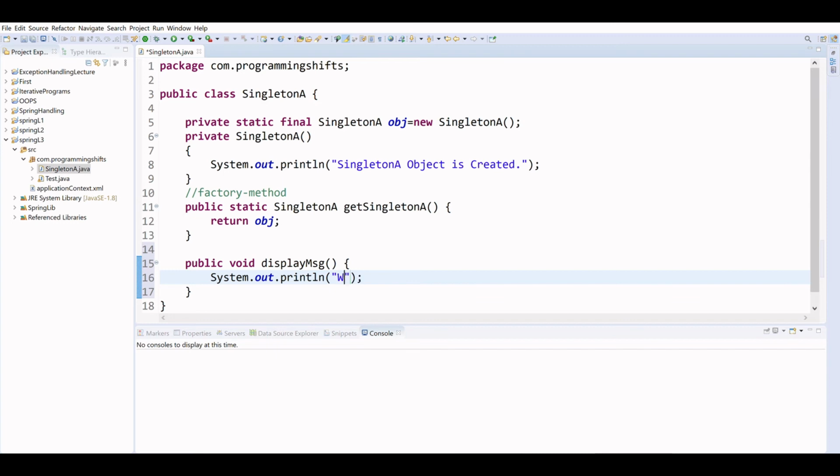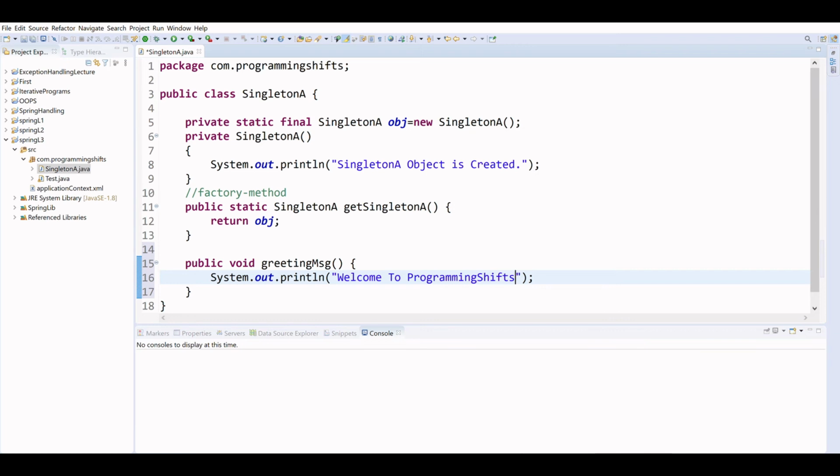It will give you a welcome message, you can say a greetings message, but display message is better than greetings message. The greeting message is: welcome to the application, welcome to programming script, I am writing. And this message will be generated.